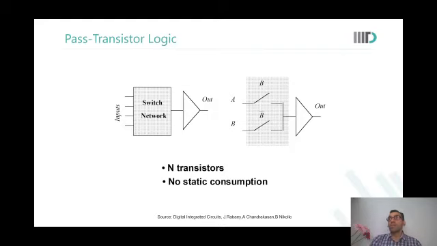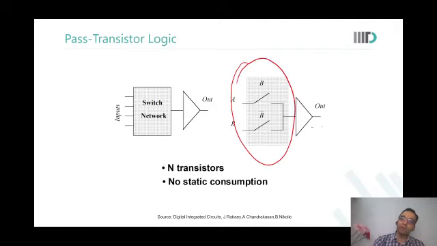Especially in the 1970s and 80s, PMOSs were not even there. So everything had to be designed with NMOS logic. So what do I do if I have to design with NMOS logic? Because if I have only NMOS logic, then there is no VDD to ground connection also. So there will be no static power consumption. And that is where we talk about pass transistor logic, where NMOSs are used as switches. You make a switch network and then you simply buffer the output.